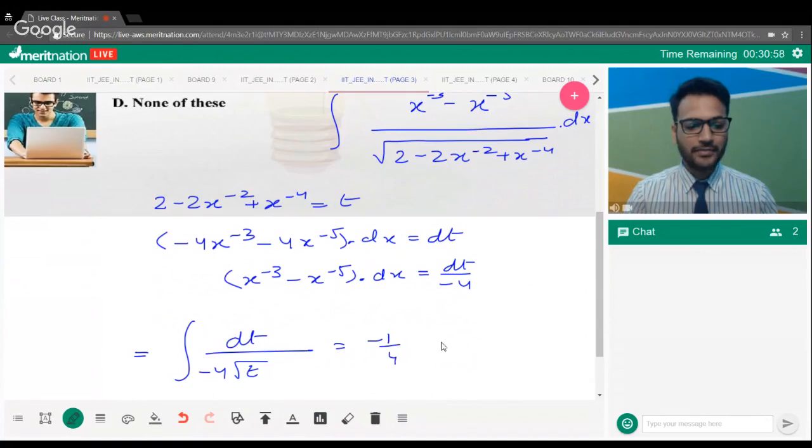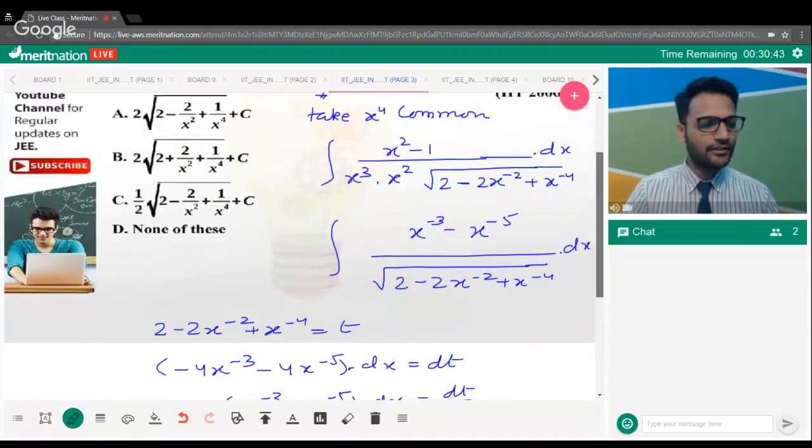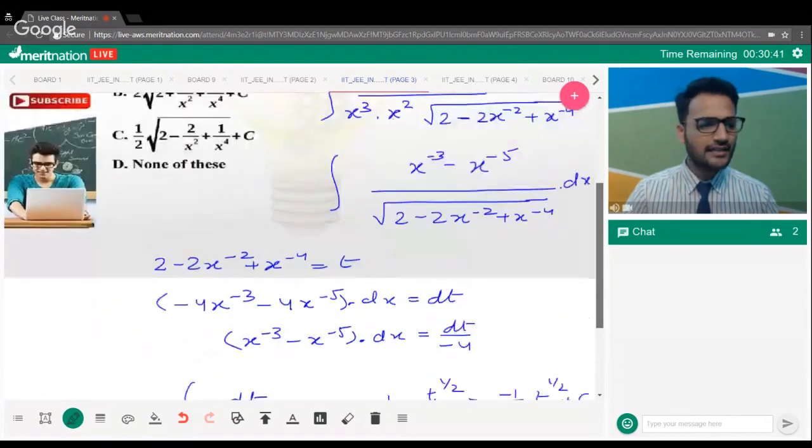So this is negative 1 by 4, and integration of t to the power minus 1 by 2 gives me t to the power 1 by 2 upon 1 by 2. So this gives us our final answer as 1 upon 2 t to the power 1 by 2 plus c. T was this, which is the square root over here. We'll replace the value. We'll have the answer as,